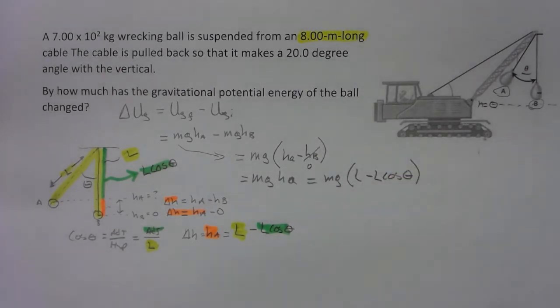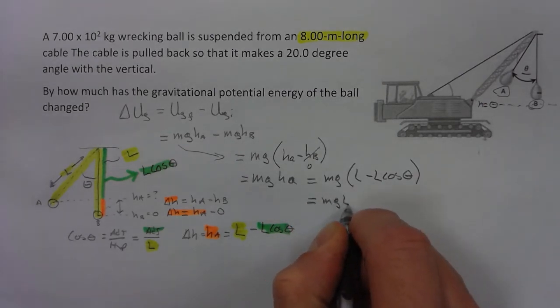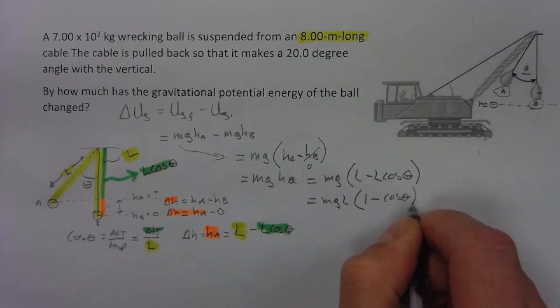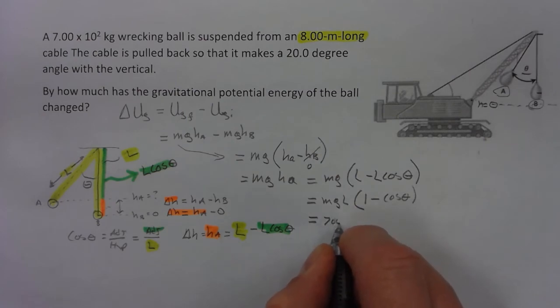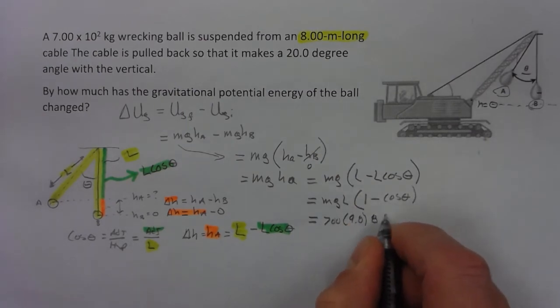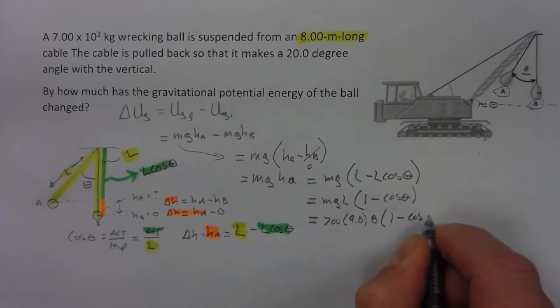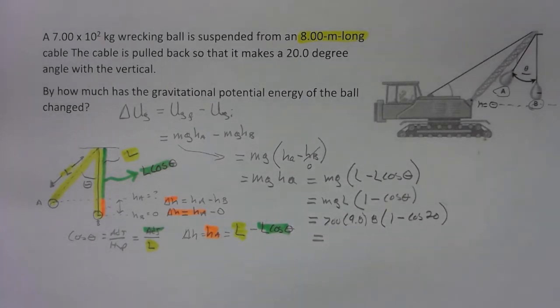We could also factor out that L, and that's mgL times (1 minus cosine theta). Plugging in those numbers, we've got 700 times 9.8 times 8, times 1 minus the cosine of 20. Plug those into your calculator, and we get